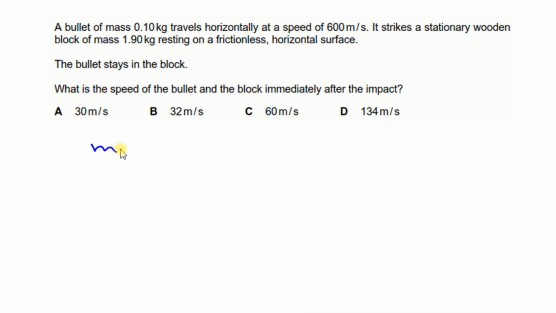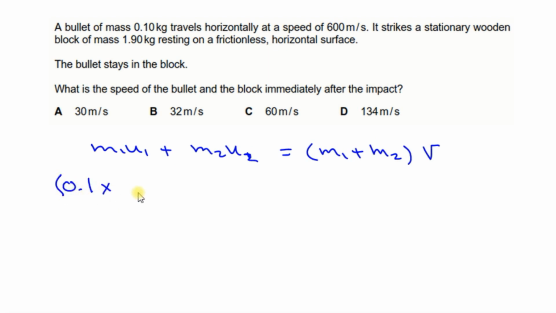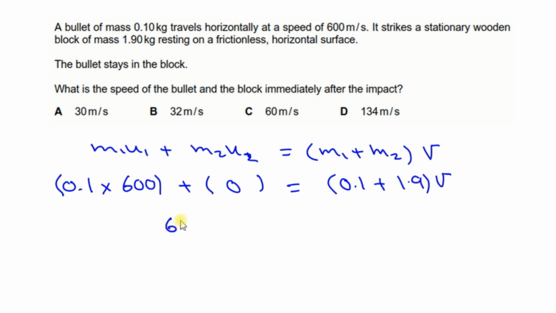So it's m1u1 plus m2u2 equals m1 plus m2 times v, since the two bodies are stuck together. So the bullet is 0.1 traveling at a speed of 600, plus the block was stationary, equals the total mass, which now is 0.1 plus 1.9, times v. So the answer is